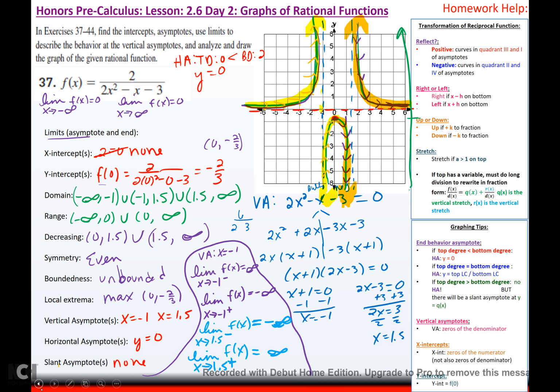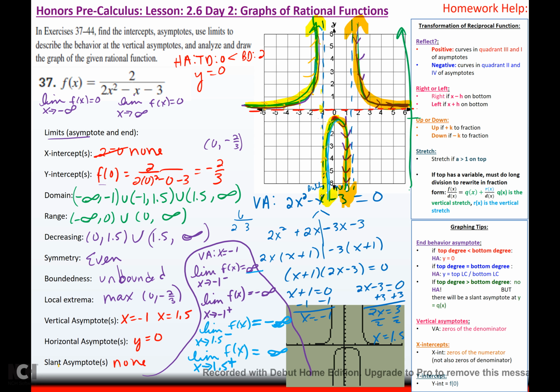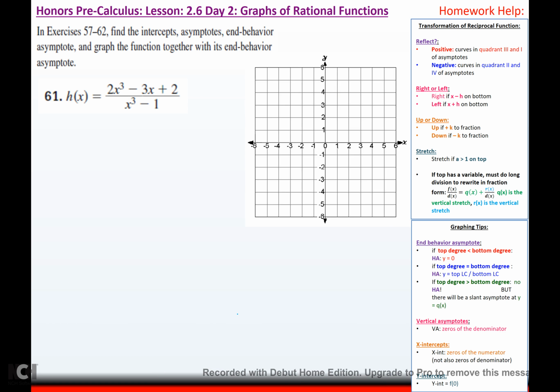Alright, so one more time. As x approaches negative 1 from the left, my function is heading towards positive infinity. As x approaches 1 from the right, I'm on this side now, my function is going down to negative infinity. Okay, the limit as x approaches,